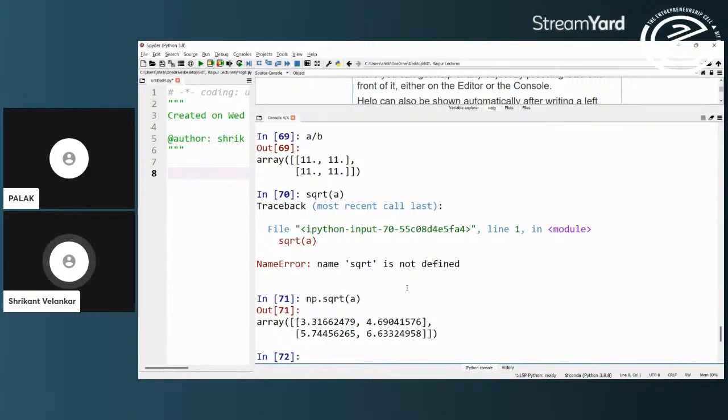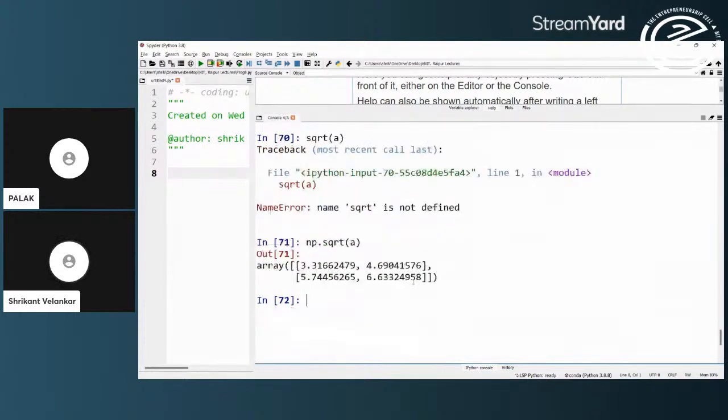So that is the way we can go on easily performing mathematical operations. Basic trigonometric operators, the value of pi, square root and basic functions can easily be performed in NumPy.